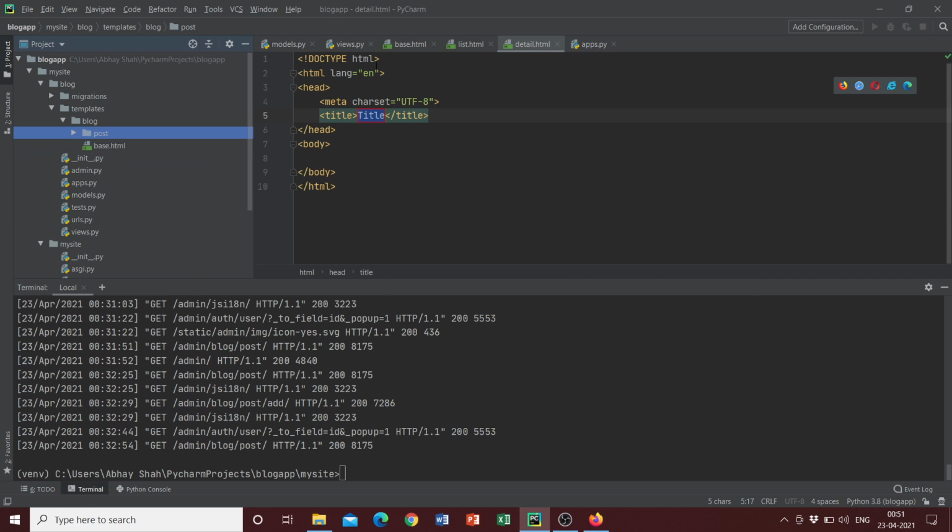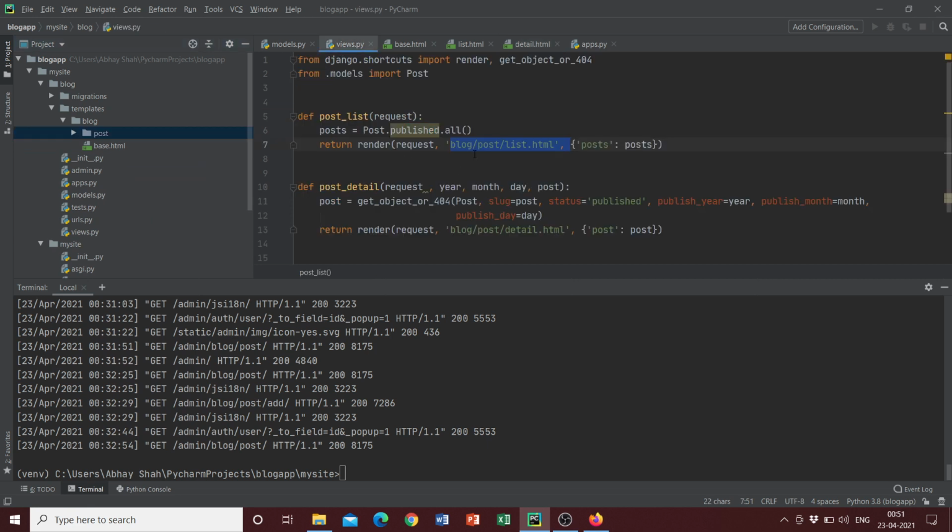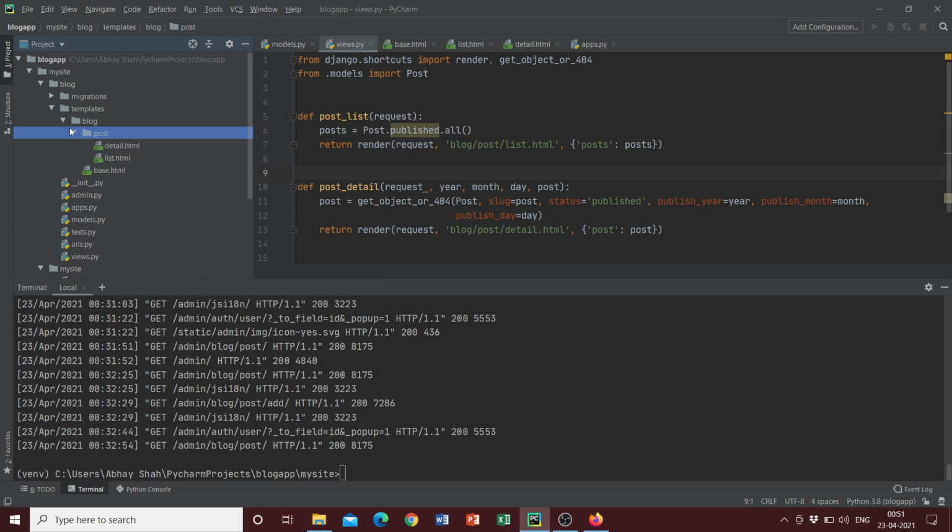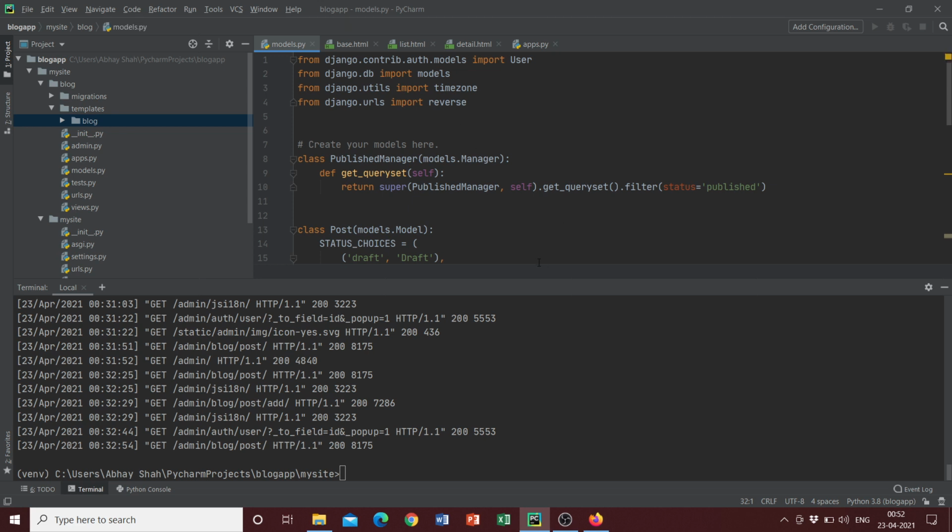So hopefully we've followed this blog/post/list.html. So blog/post/list.html. Yeah, the directory structure has been created correctly. So the next thing that we need to do is make changes to our